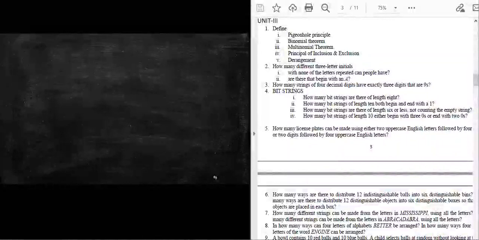Good afternoon. In today's class, I'll do a review of Unit 3. The reason being, since there are a lot of problems in Unit 3 and we have seen each of them in different classes, but suppose if you get a problem to solve with respect to either permutation or a combination, then you should be able to identify which formula to use in that problem.